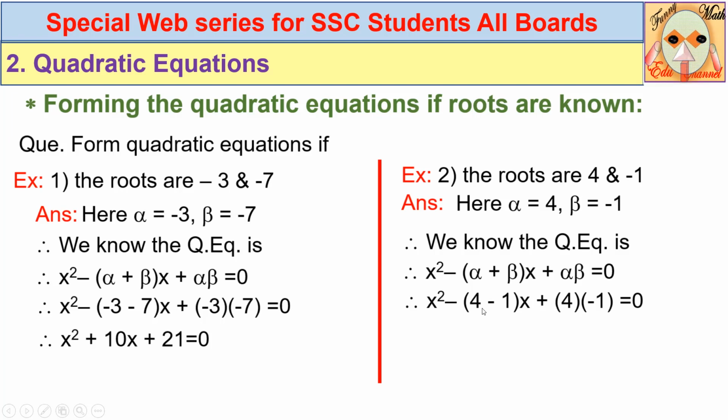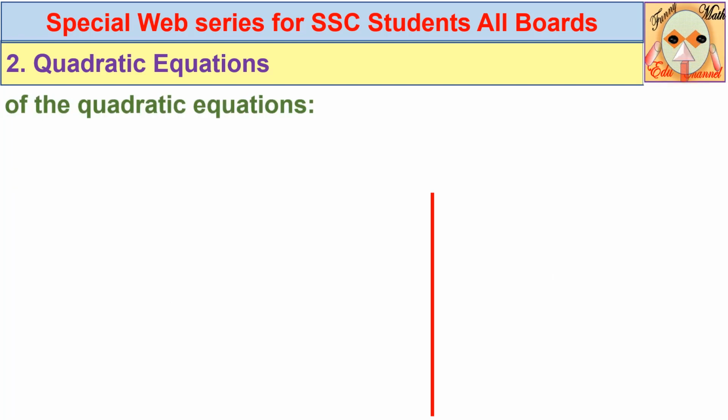So we have substituted, and then going on, simply 4 minus 1 gives 3. Outside is a minus sign, so minus 3x. Your product will be minus. And so the last step is x square minus 3x minus 4 equal to 0. This is the quadratic equation whose roots are 4 and minus 1. Surely when you use the factorization method, you should get an answer like this one. So how we get the roots and how the equation forms, we have learned very well.